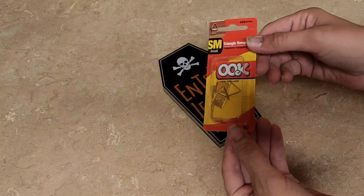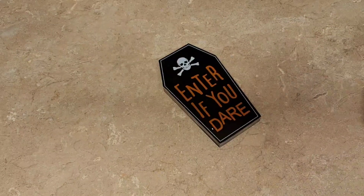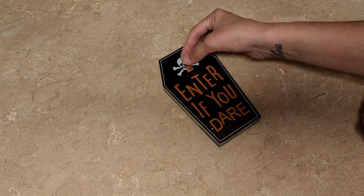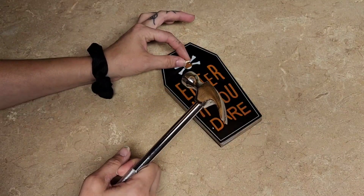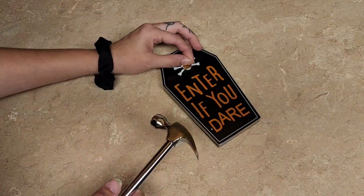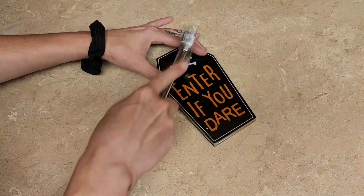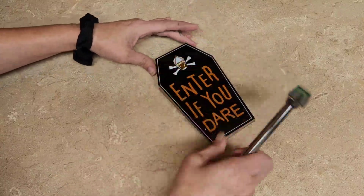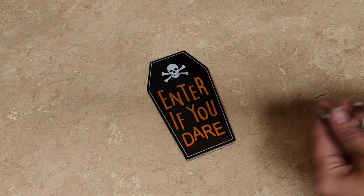Once again, I am taking one of these triangle hangers and nailing it through the back so we have a way of hanging it on the wall. And this triangle hanger was actually fine for this since it was not nearly as heavy as the coat hanger version. And I also wanted to let you guys know I spray painted this as well, but you could definitely